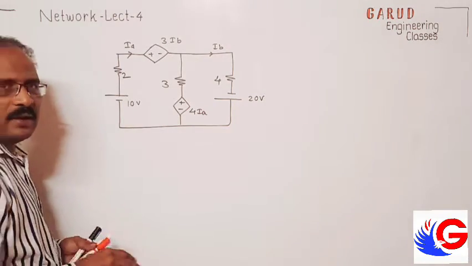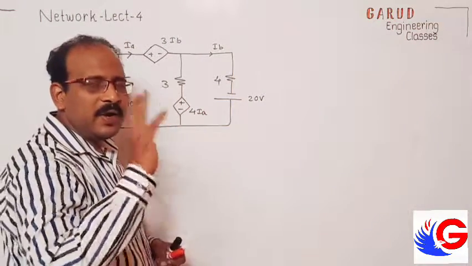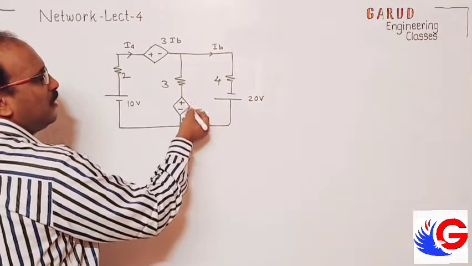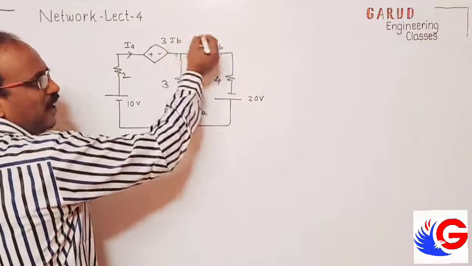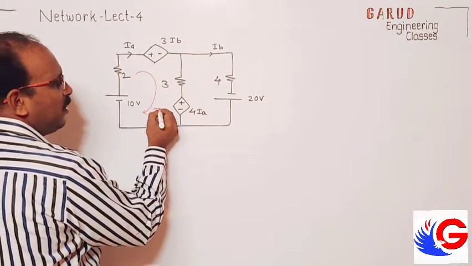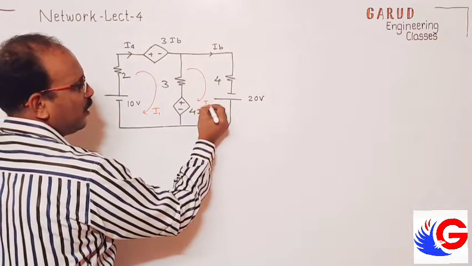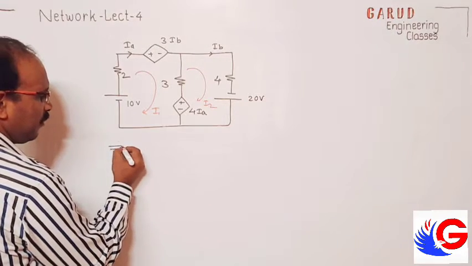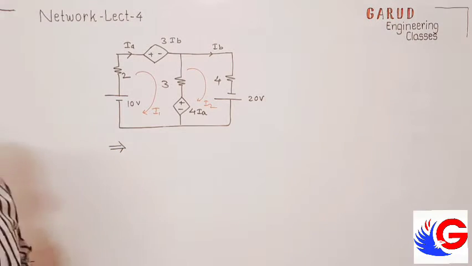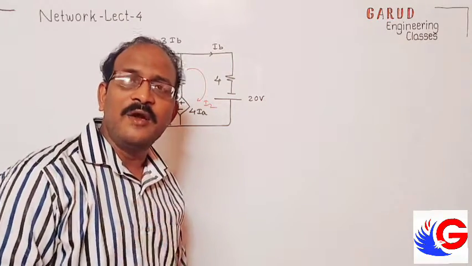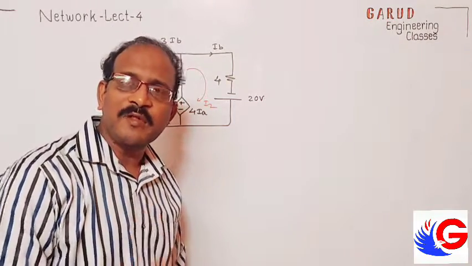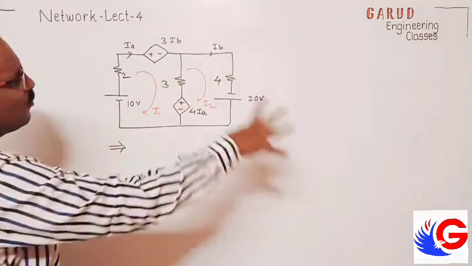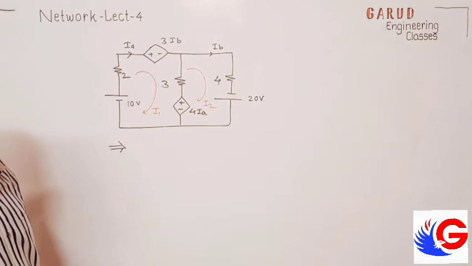Then how to proceed? So rule number 1. Treat like ordinary network. We have to solve this using KVL and they want to find value of I1 and I2. So I write I1 here, write I2 here like ordinary way. Okay. So what is the rule of KVL? The rule of KVL is check whether there is a current source or what. If there is a current source, express that current source in terms of I1 and I2. Is there any current source? No. Correct? All are voltage sources.